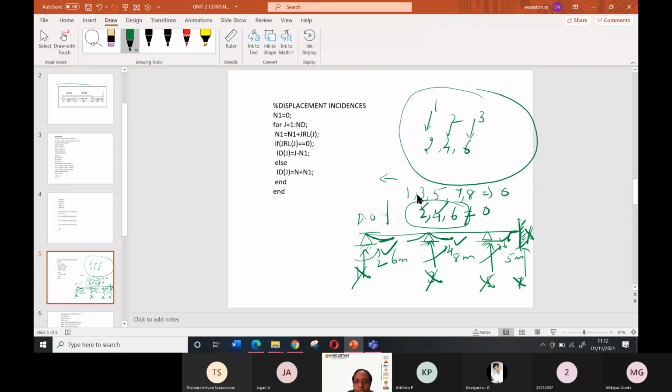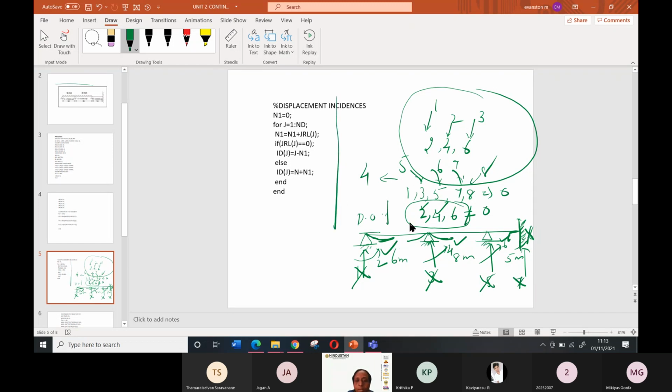Whatever is not restrained, you have to give a numbering as 1, 2, 3. Then 1 will become 4, 3 will become 5, 5 will become 6, 7 will become 7, and 8 is 8. So can you write the new numbering in a column?